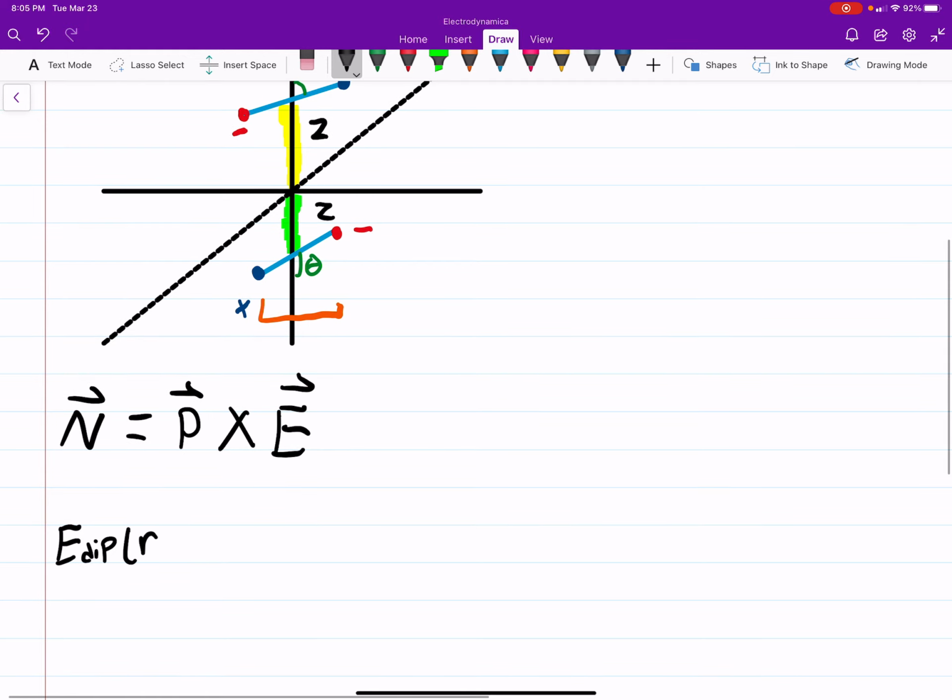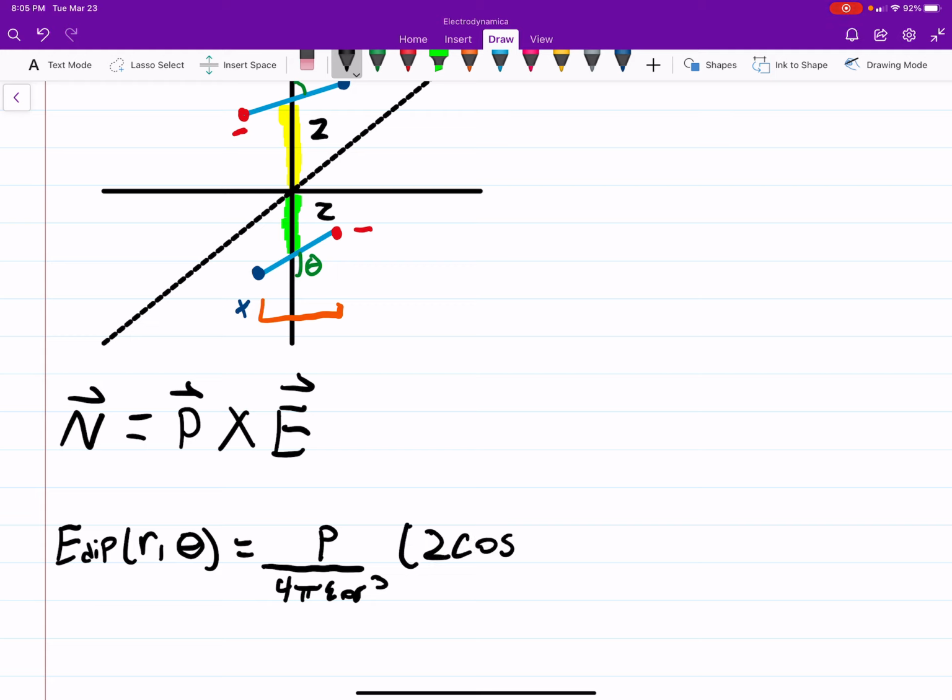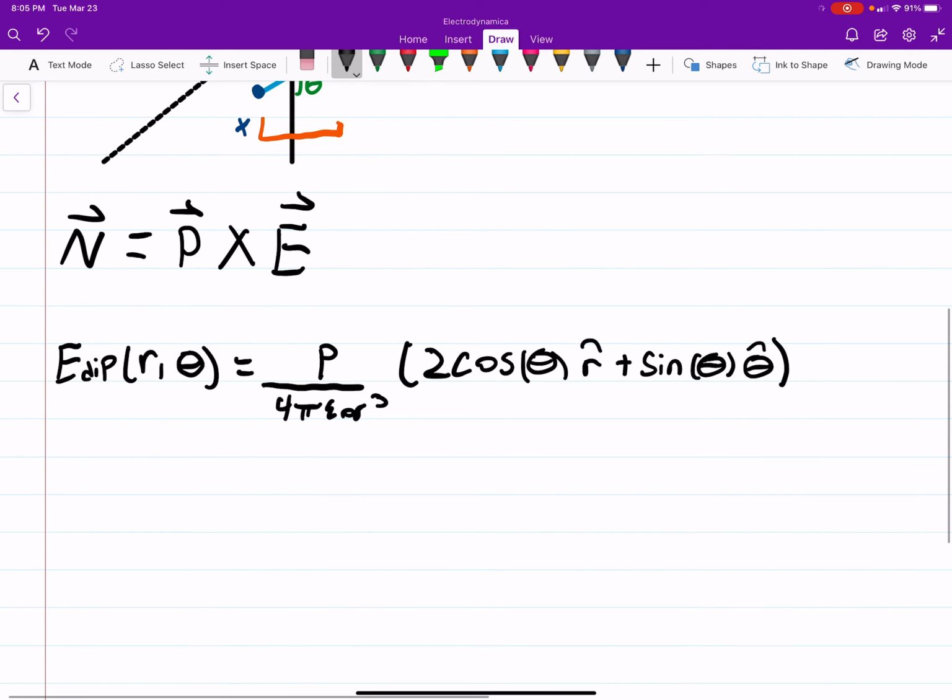So this is an equation in the book. In fact, it is equation 3.103. And it says your E field as a function of r and theta is your dipole moment divided by 4 pi epsilon naught r cubed times 2 cosine theta r hat plus sine theta theta hat. Okay? Now in this particular case,